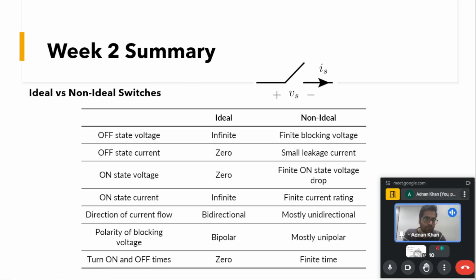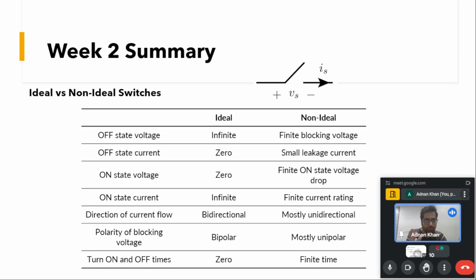Similarly, MOSFETs are able to carry current in the negative direction because of an inherent body diode, as well as through the channel. But what we usually say is that a MOSFET carries current in one direction. If we want full carrying capability in the reverse direction as well, we should have an anti-parallel diode. The thing I want to tell here is, most of the devices carry current in one direction, but